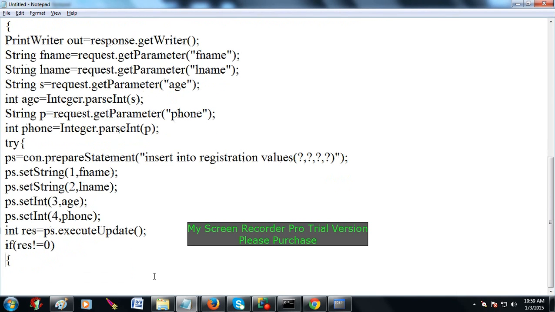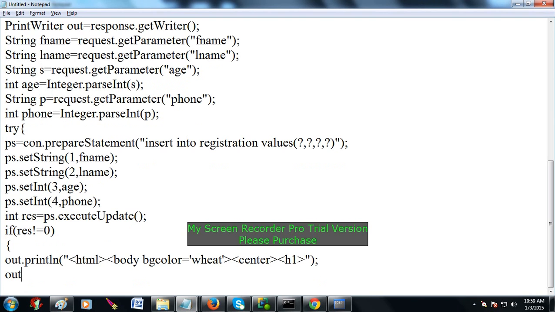So here you can use out dot println html tag, body tag, bgcolor equals, in single quotes only we have to write, then center, h1, right? Next out dot println, res place, or directly you can say registration